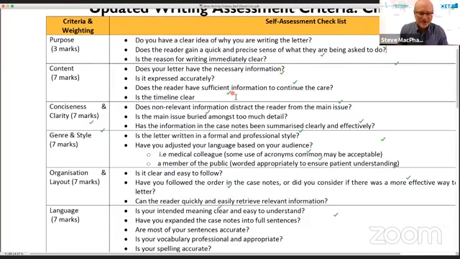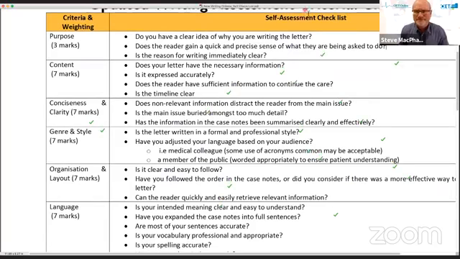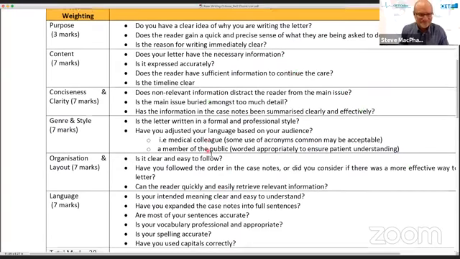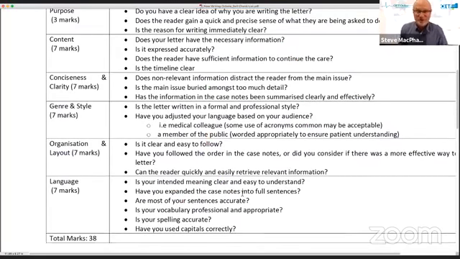Then we come down to language. Is your intended meaning clear and easy to understand? So that means, did you paraphrase and summarize effectively? Have you expanded on the case notes into full sentences? That's a requirement. Are most of your sentences accurate? Now,